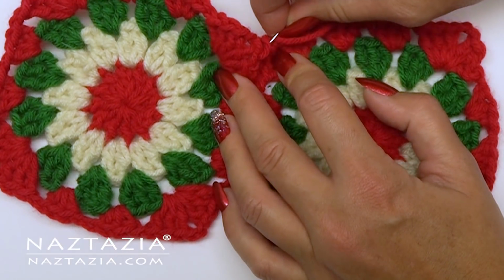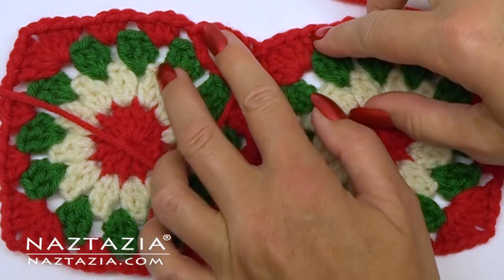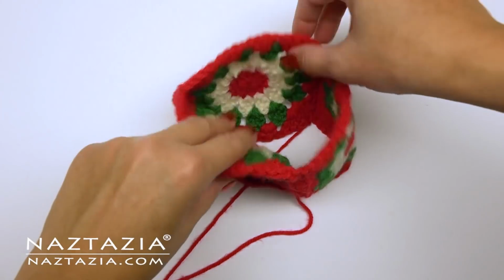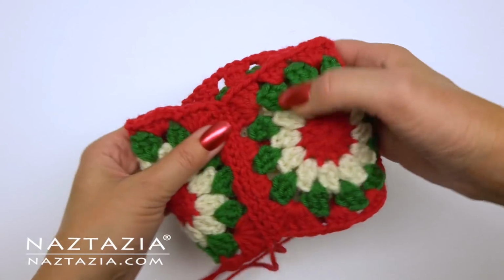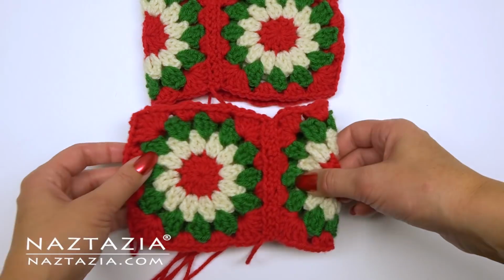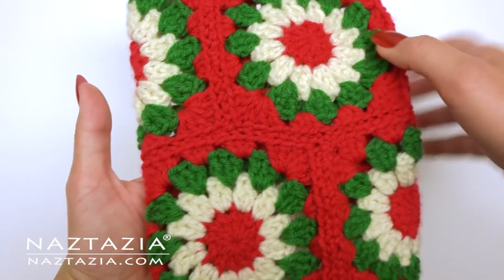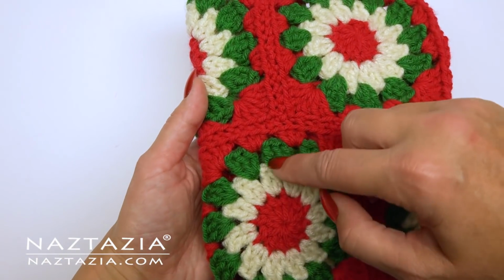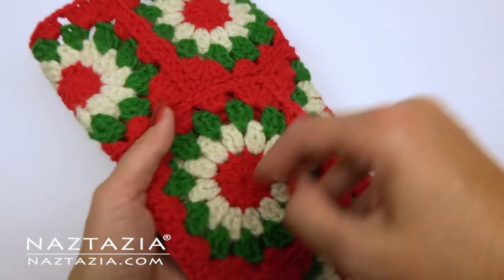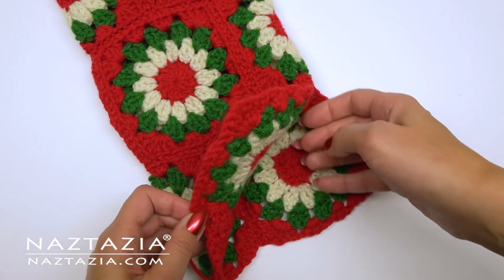I have several videos that show sewing techniques with both granny squares and crochet in general. You can see I finished the first layer. And the second layer of squares. You can see how I tried to center my second layer of seams with the middle of the motif from the first layer. I sewed the third layer on, but left this right side open,